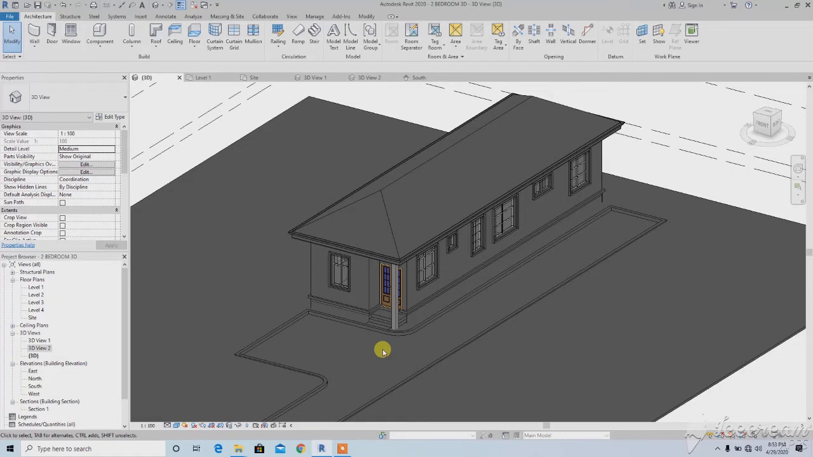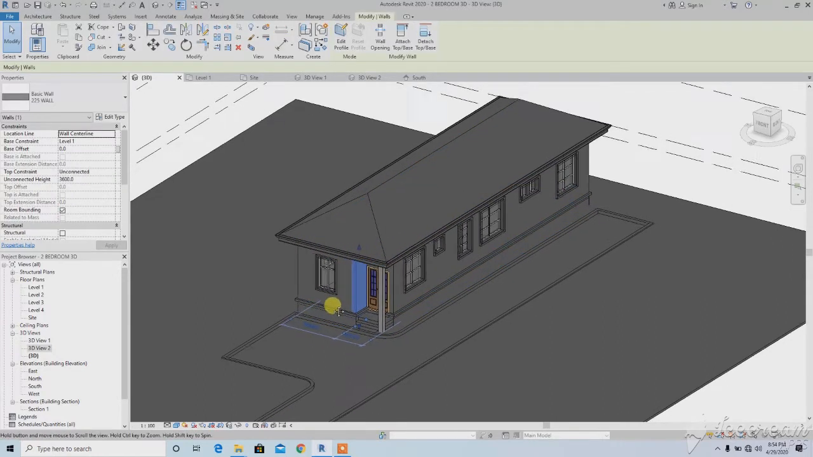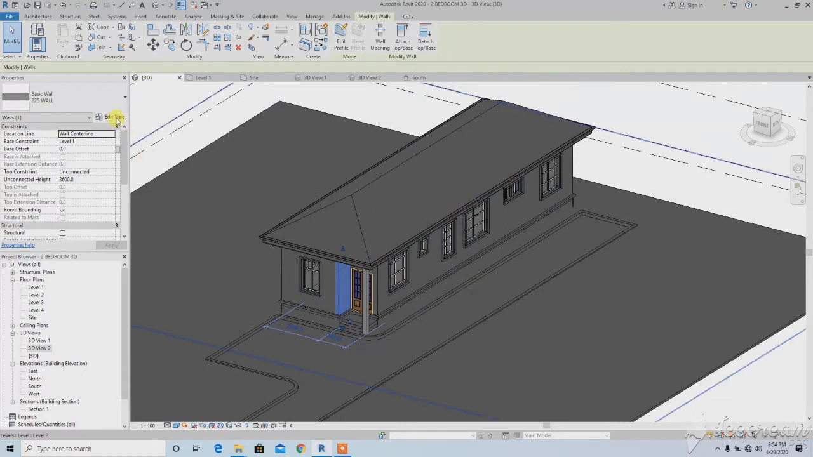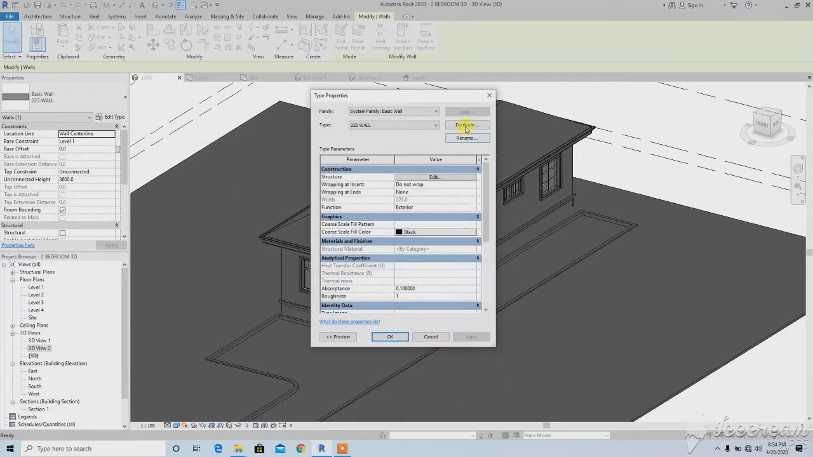So all we need to do now is to click on one of the walls. Probably I'm starting from the walls this night. Click on one of the walls and go to edit type, duplicate. You need to duplicate the wall because most of the time we want to have different types of colors